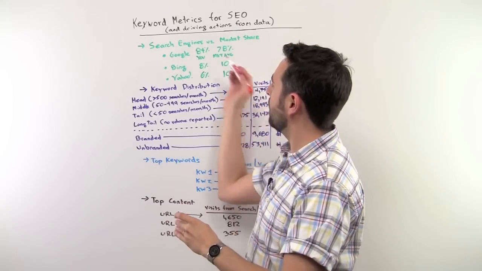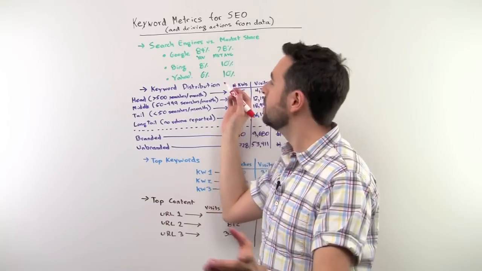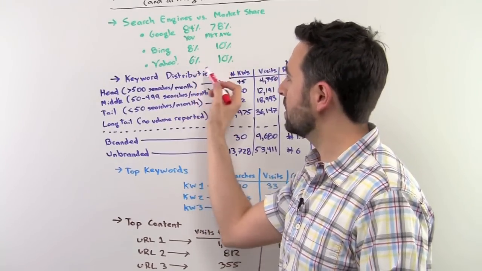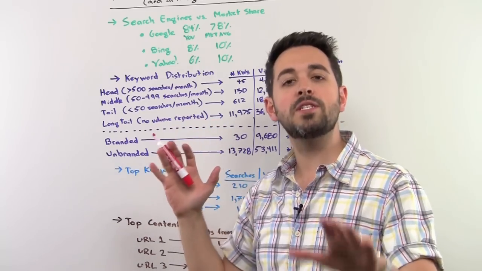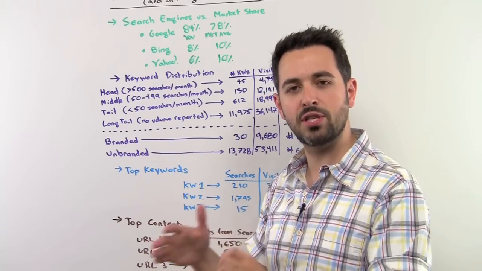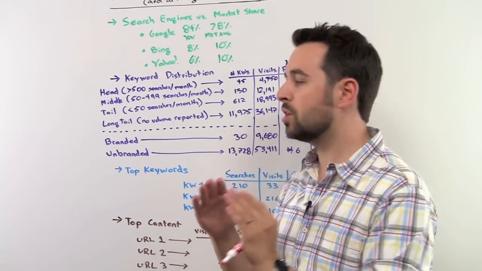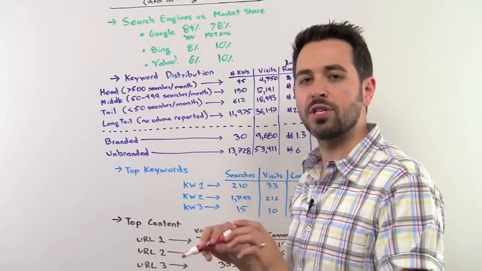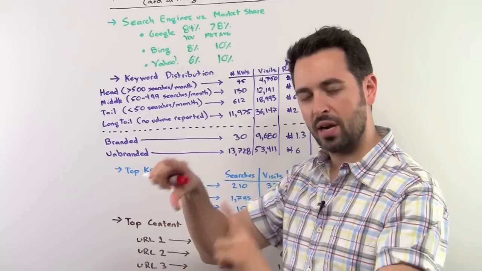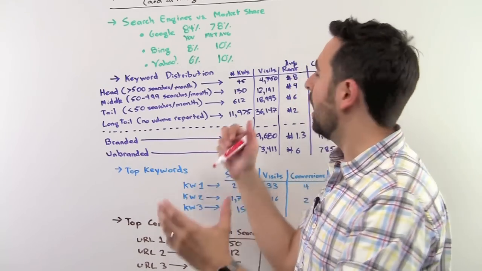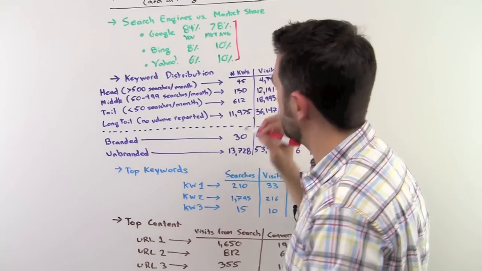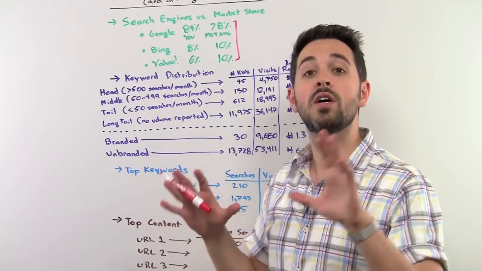So the first one that I want to talk about is search engines versus market share. So this is things like, okay, I'm getting 84% of my traffic from Google, 8% from Bing, 6% from Yahoo. This is fine, and it's something you might want to measure over time. And over time, if you see that your shares are increasing or decreasing, you might take some action. But the thing that you really want to do is compare it against the market averages. And I'll have Aaron put in the Whiteboard Friday post a link to, I think it's StatCounter, who's got some great metrics around what these average market shares are for most websites and referring traffic.